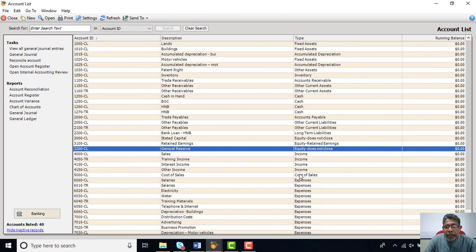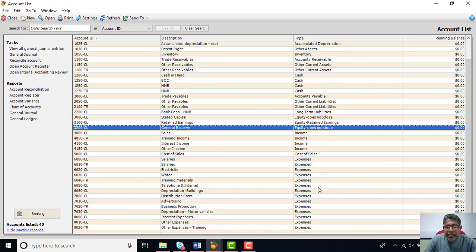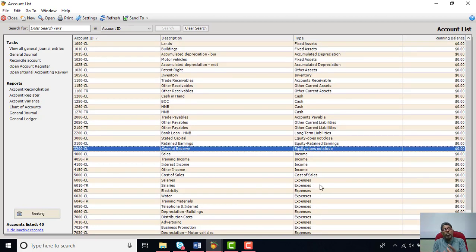You cannot have any balances for the income, cost of sales and expenses categories, because these accounts are at the moment at zero value, since the financial year is over for the last year, and your income and expenditures are already accounted for, and you have prepared your profit and loss statement. When you prepare the profit and loss statement, you know that you got either a profit or a loss incurred by doing certain transactions during the particular period, and this loss or the income you have generated will be added to or deducted from the retained earnings account of the owner, right? So that has already happened. That's why we need to enter the balances only into the assets, liability and equity accounts.